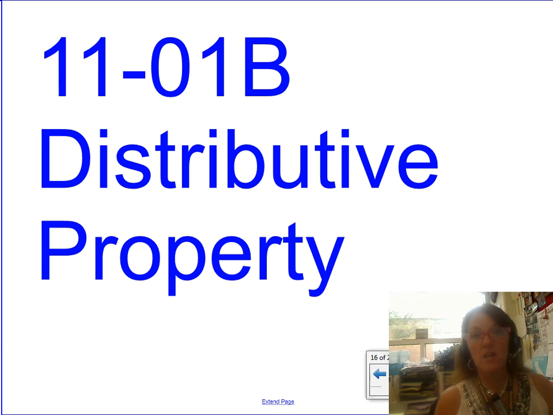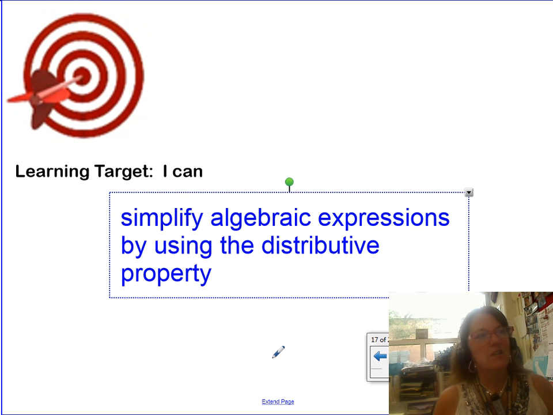So yesterday, you focused on simplifying algebraic expressions. Today, we're going to focus on one property called the distributive property. All right. So make sure you have the heading chapter 11, section 1b in your notes, distributive property. Here's the learning target for today. By the end of today, you will be able to simplify algebraic expressions by using this thing called the distributive